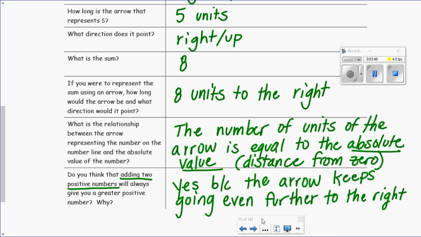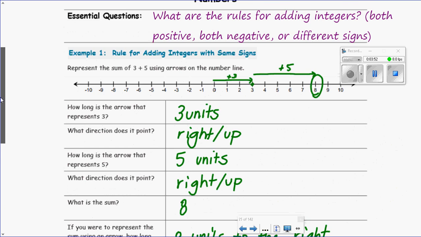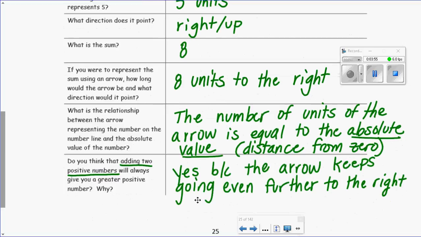So 3 plus 5, you already know that answer is 8, but just to show you on the number line, it's to the right and then to the right again because they're both positive. So yes, the answer, this is one of your rules. Adding 2 positive numbers will always give you a greater positive because those arrows keep going to the right. Okay, like I said, that should give you a little bit of a preview as to what will happen when